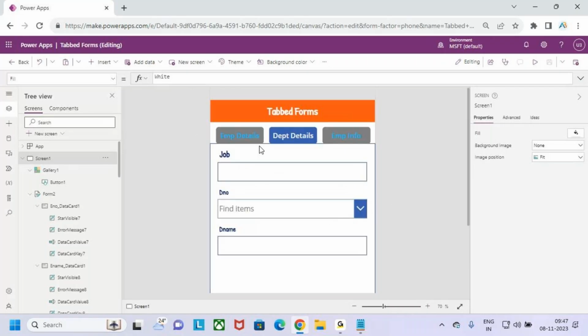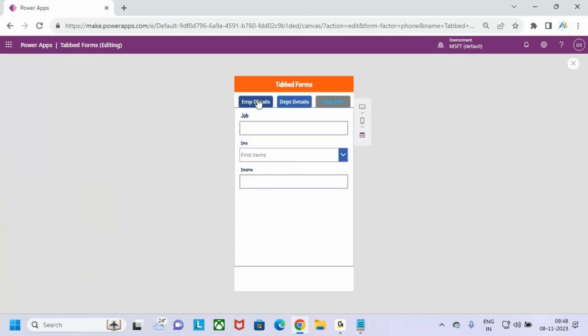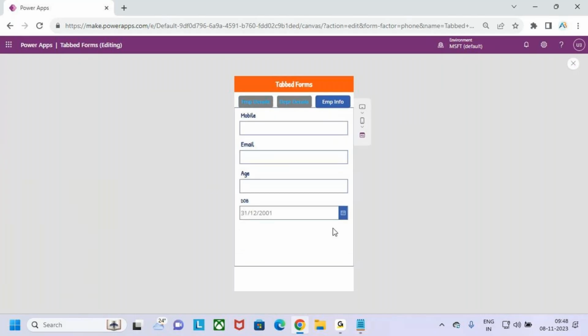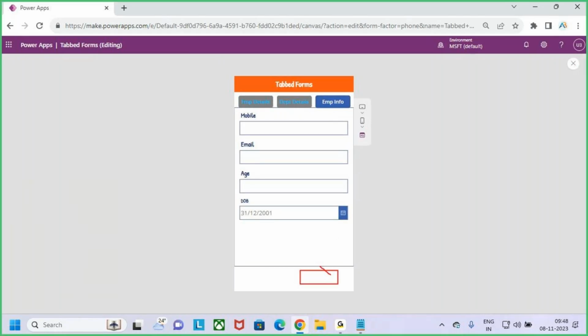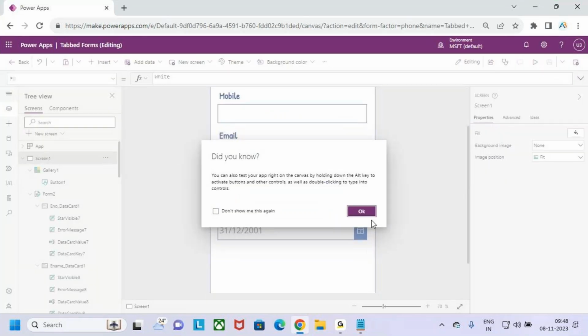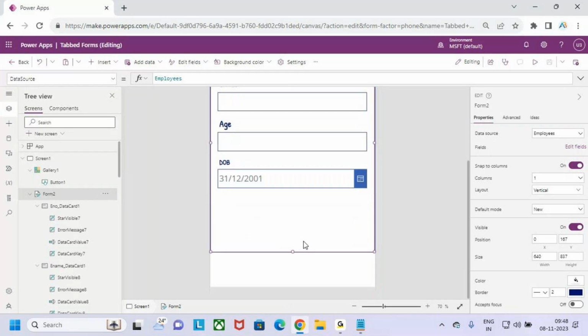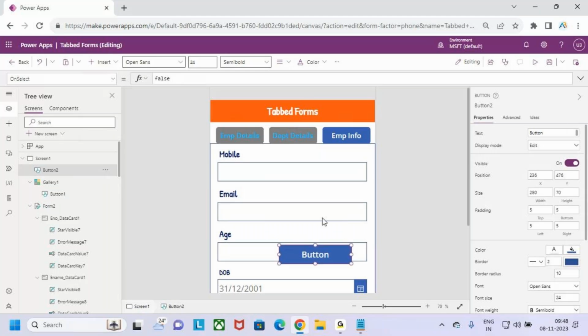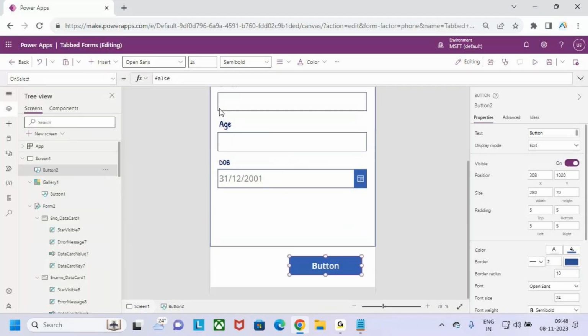How to highlight the tab you selected. And then once you have, let us say I'm filling all the details, guys. I'm entering the details, EMP details, DEP details, and EMP info, and then after that I want to submit the form. So in order to submit the form, let me go and add one button here, guys. Let me go and add one submit button, bring this button to the bottom. Let me change the button text to Submit,